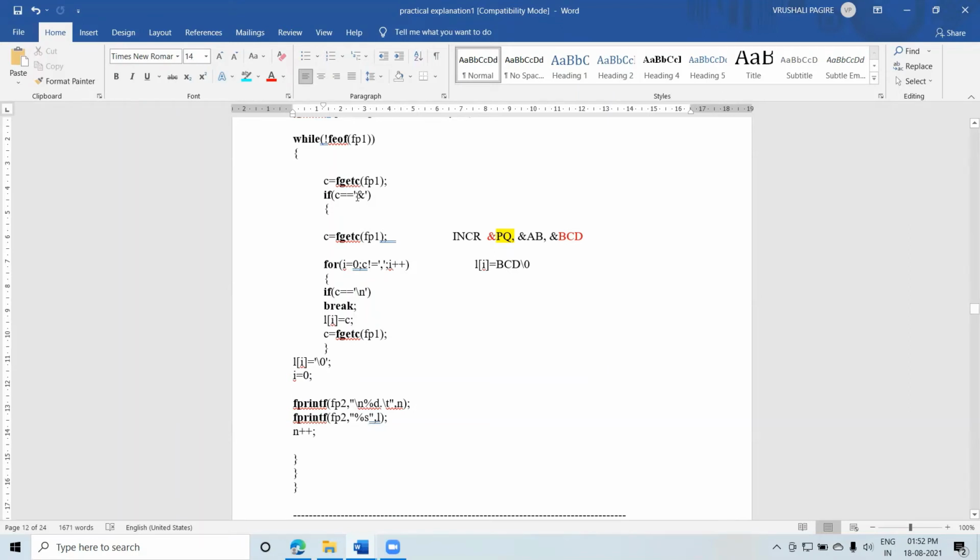So why do we use this first ampersand symbol? Because this ampersand symbol indicates that there is a formal parameter. Then next, why do we use this comma? Because this comma indicates the end of our string, meaning first parameter, second parameter. Why do we use this slash n? Because we have to identify where the end of all the parameters is. So we use this slash n for our third parameter.